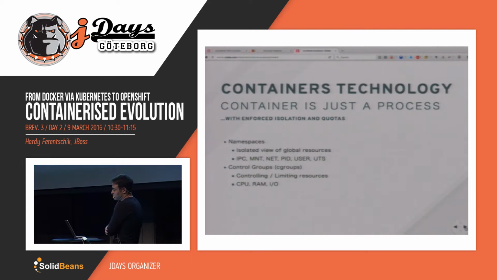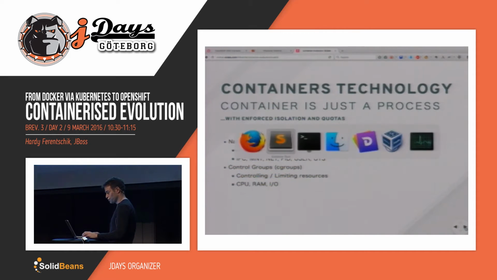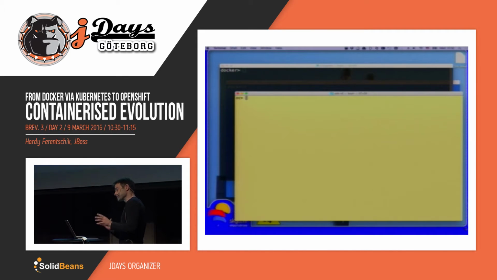As I just mentioned, container technology is basically just a process, but you have to make sure that containers cannot interact with each other. You have to isolate them. So each container has its own mount points, its own network stack, its own PIDs. Each container via cgroups has its own resources, so it can only use a certain amount of CPU, RAM, or I/O. And I thought we'd do a little bit of Docker stuff, and I'm hoping this is something you don't see so often.